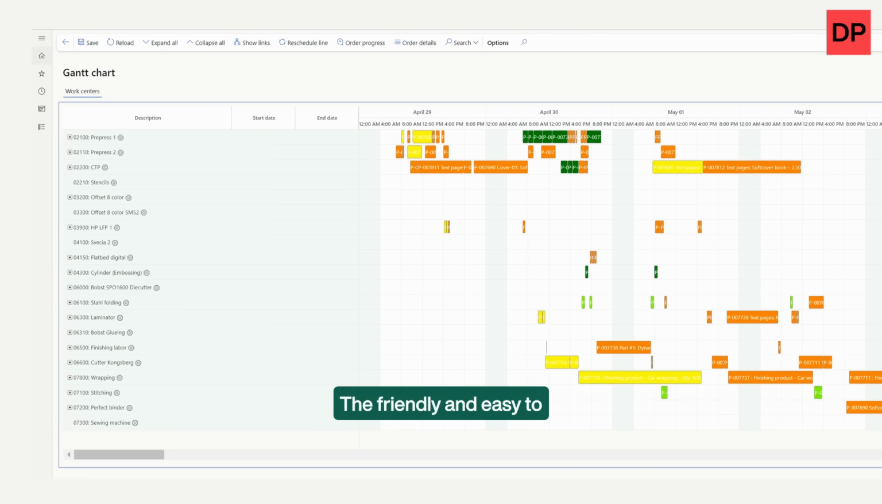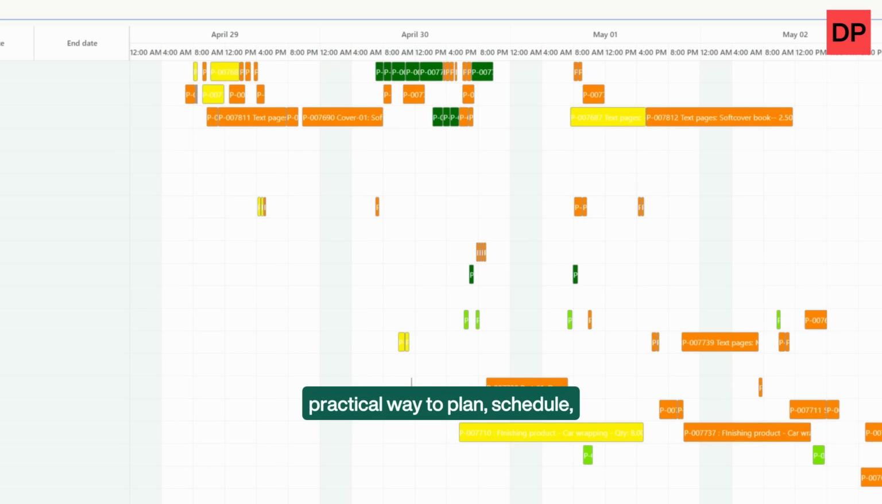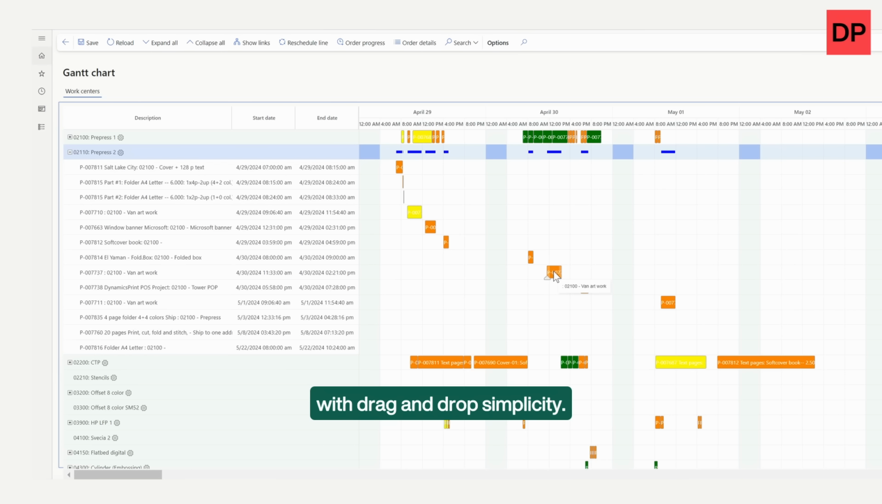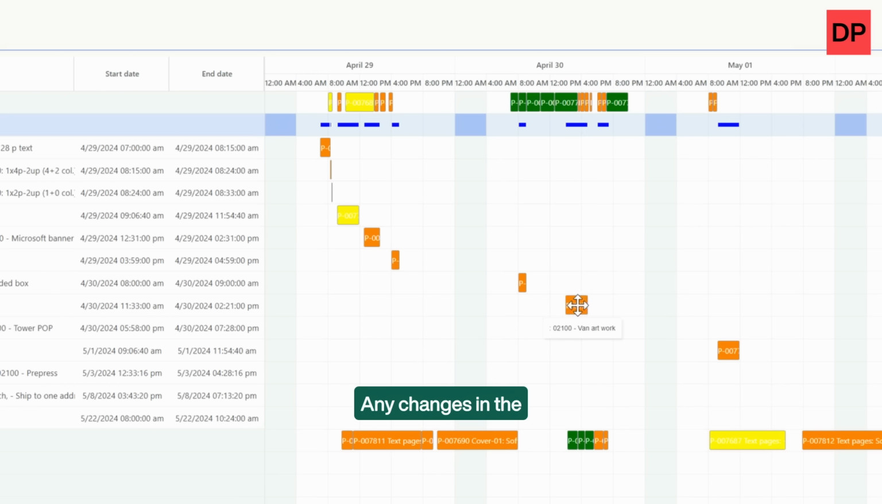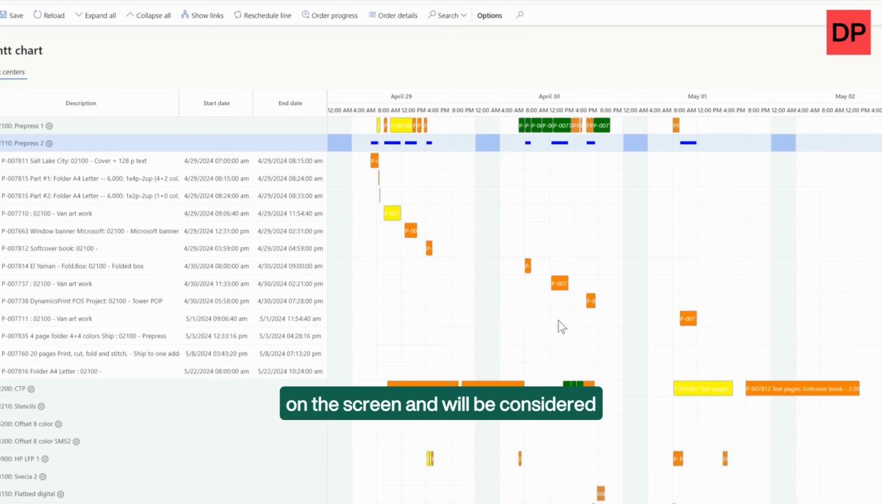The DynamicsPrint Gantt chart offers you a real-time graphical production overview. The friendly and easy-to-understand Gantt chart timeline is the quickest and most practical way to plan, schedule, manage, and assign all your jobs with drag-and-drop simplicity. Any changes in the schedule will immediately show up on the screen and will be considered as new jobs are